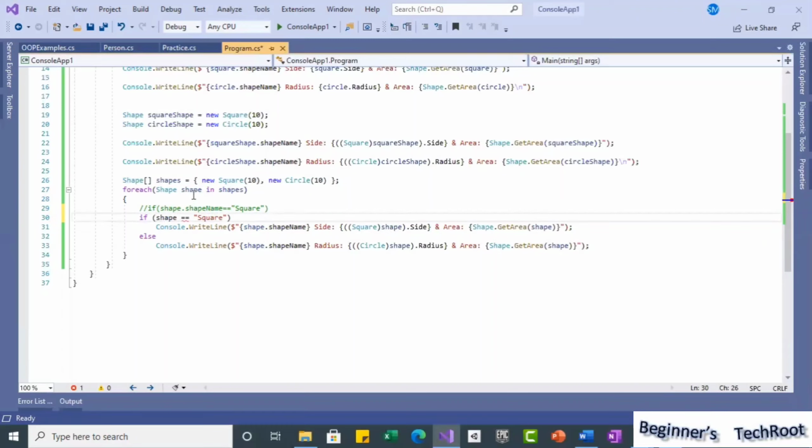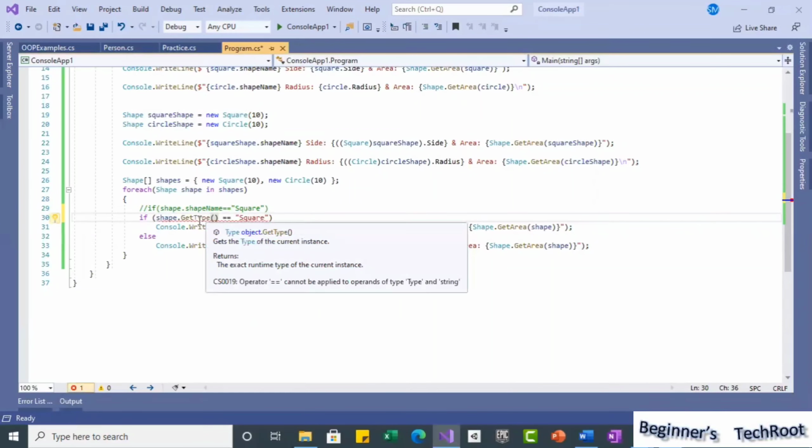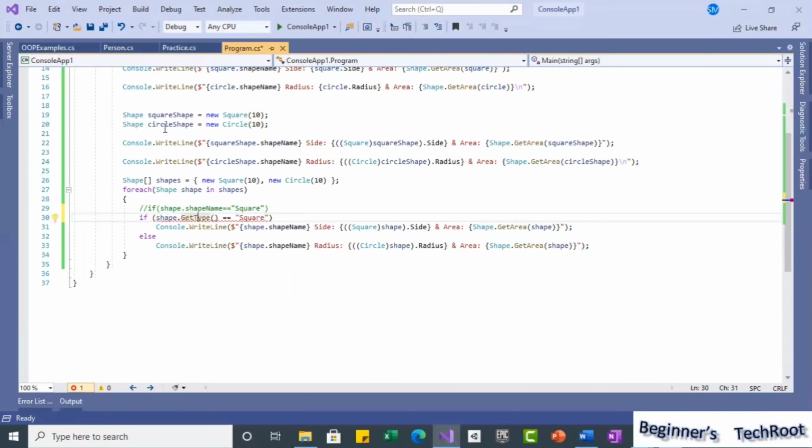So if you take this variable of this shape and put a type, you can see GetType. Even for every class, this is implicitly inherited from object. If you call this method, it gives you the type name, in the sense of the class name. If it is a shape it will give that, if it is a square it will give that, if it is a circle it will give that.